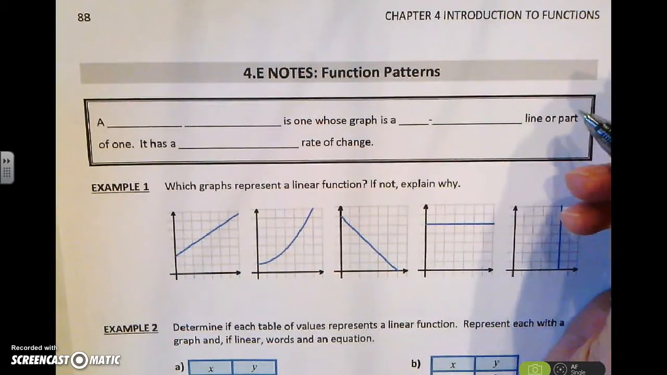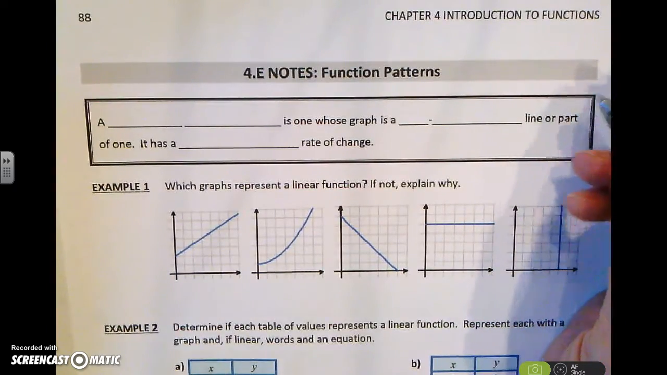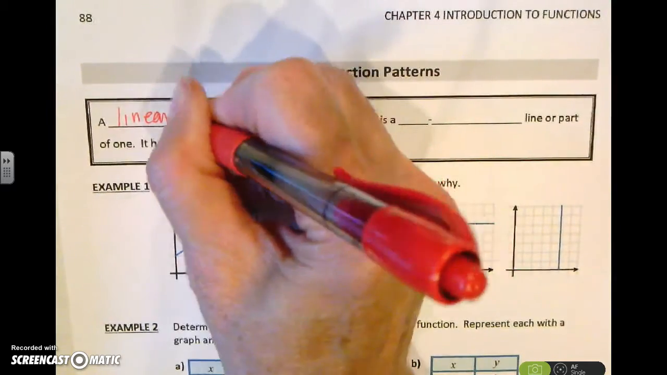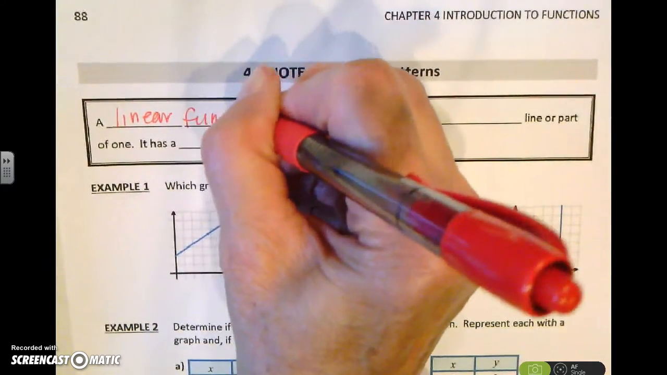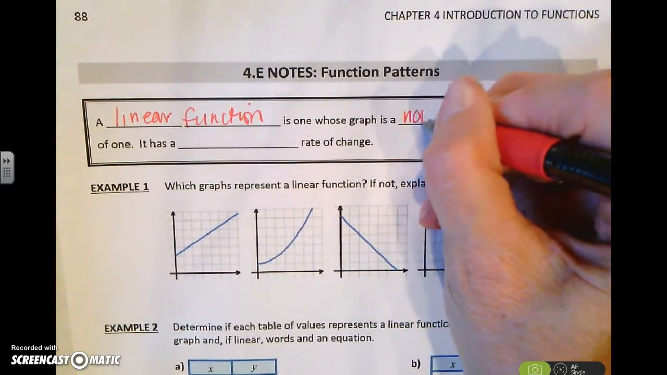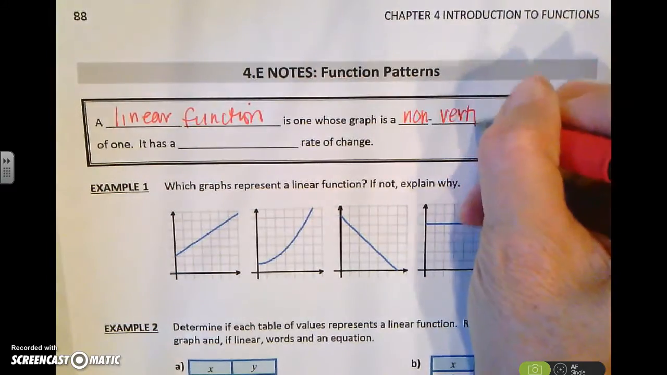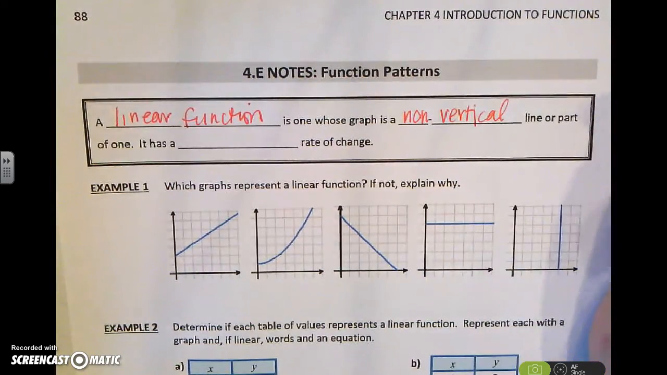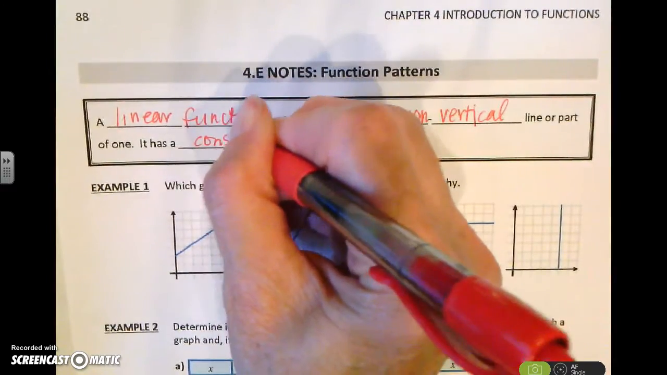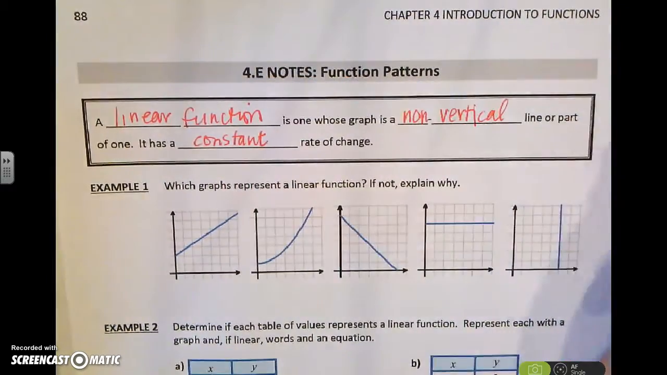The 4E notes are about function patterns. A linear function is one whose graph is a non-vertical line or part of one. It has a constant rate of change. So let's look through example 1 and talk about which of these represent a linear function, and